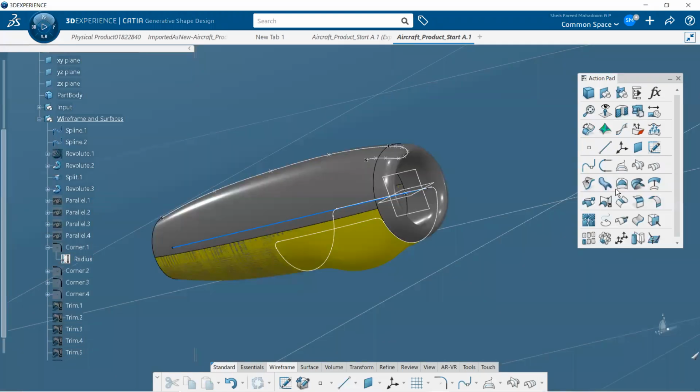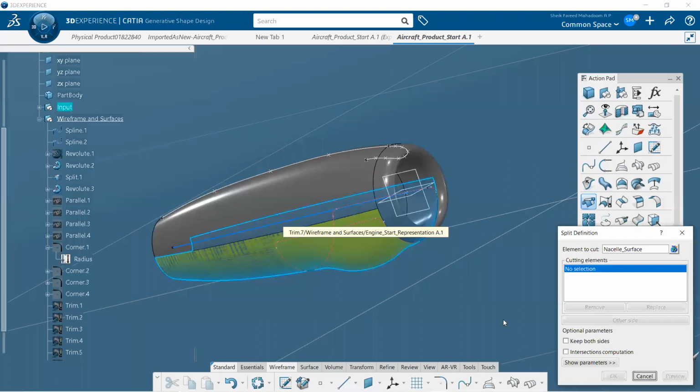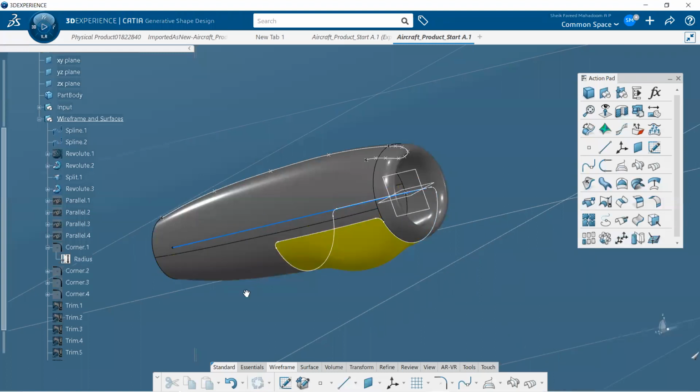So let me just use the fill option, select this knuckle surface and select the curve that we created. Other side, click OK. Right now the bottom surface is also perfectly created. Right, understand?